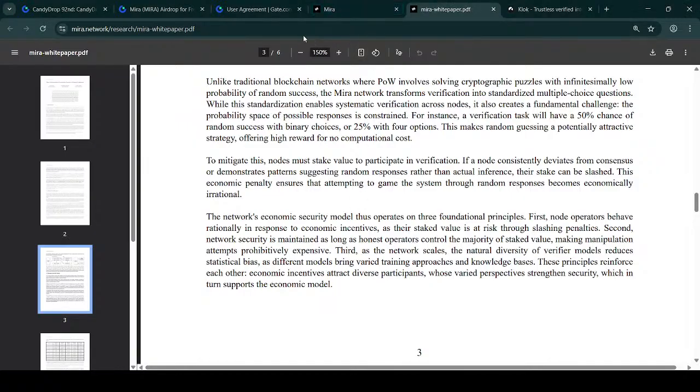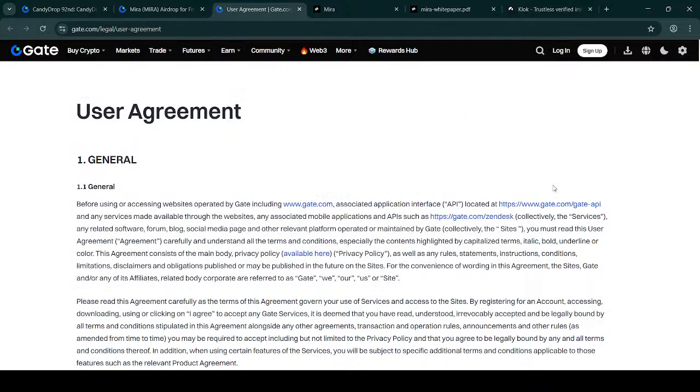So let's talk about the Gate.io user agreement right now. Number one, general. 1.1 General: before using or accessing any website operated by Gate.io, including gate.io and www, the associated application interface, the API located at the Gate API, and any service made available through the website, any associated mobile application and API,